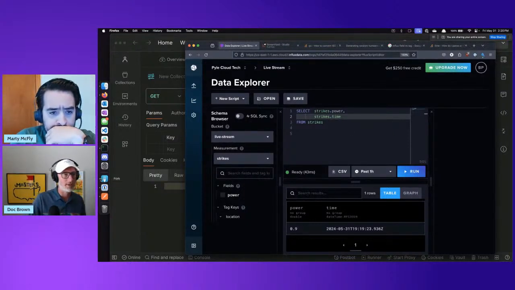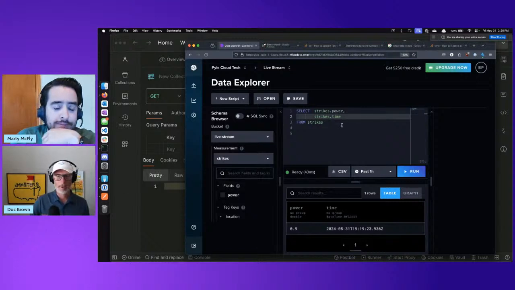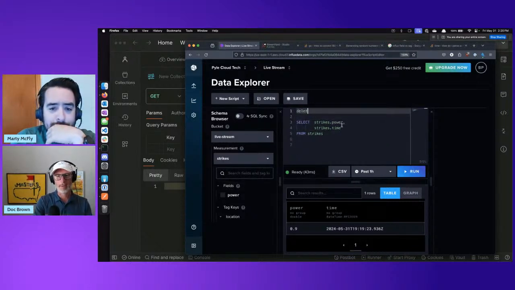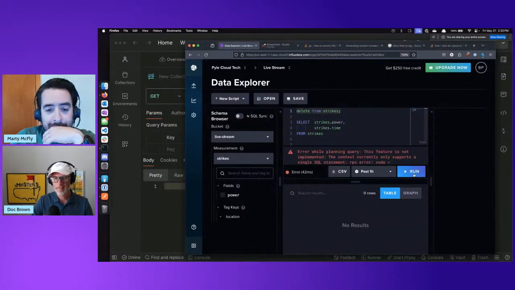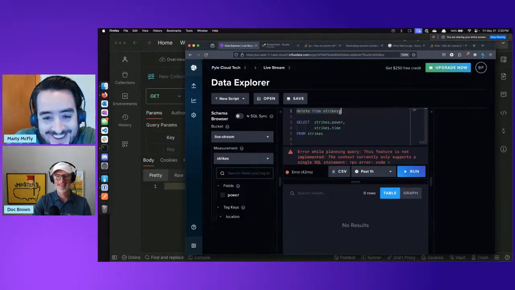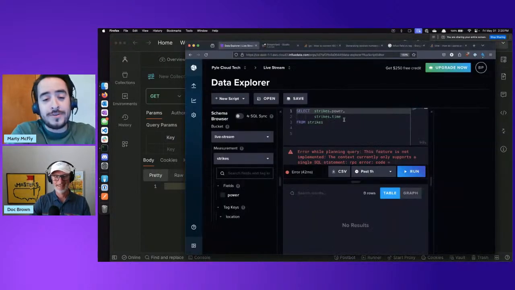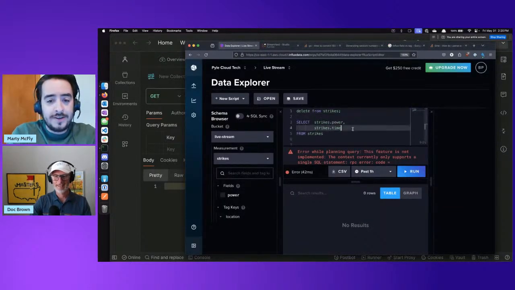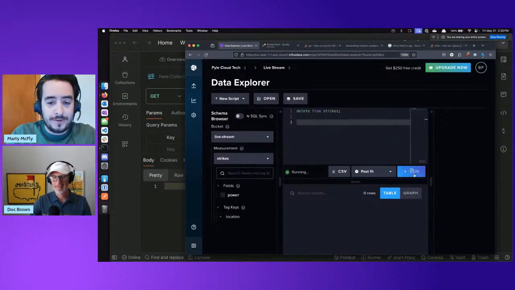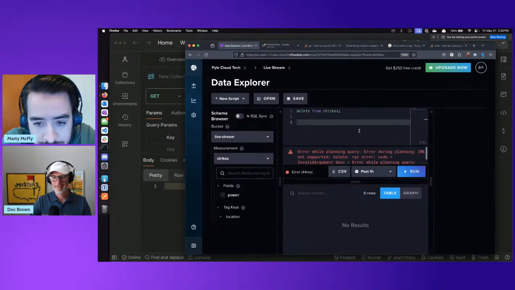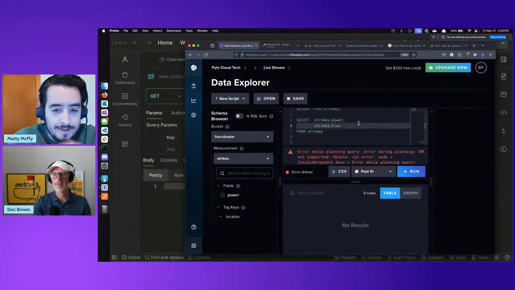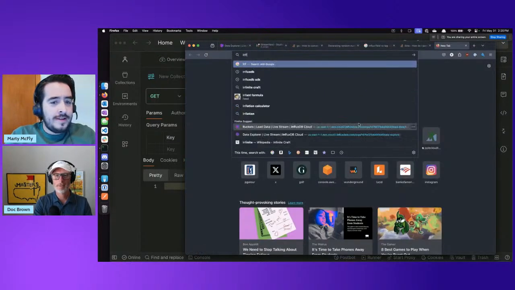We may have to do this. Oh, what if we did this, Andres? By the way, how do we delete? Man, the feature's not implemented. Oh no, because you have two. Control Z. Just remove the select. You're doing two queries, it's complaining about the two. DML delete not supported. See if you can find how to delete in Influx.